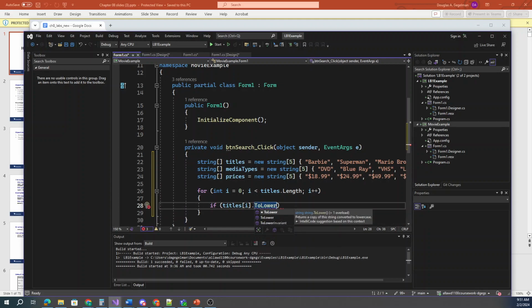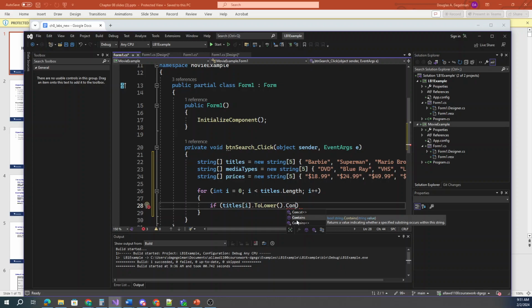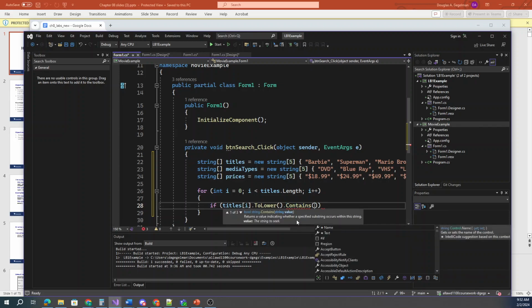And what this toLower does, it takes anything typed in our boxes and makes them lowercase. So that way, if they type in Barbie with a lowercase b, it'll still pick it up. If they type in Barbie with an uppercase b, it will make it a lowercase b and still find it. And then we're going to use that contains. I think one of those labs says to check on how the contains works. And we did talk about it with the lists. I don't know if we spent much time talking about it yesterday in the arrays, but